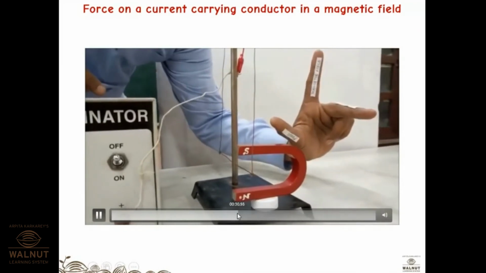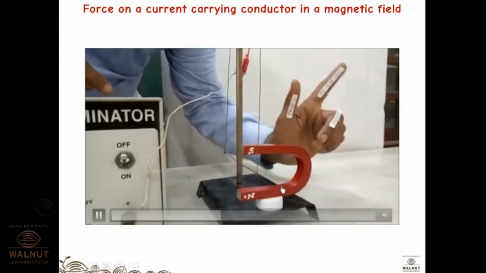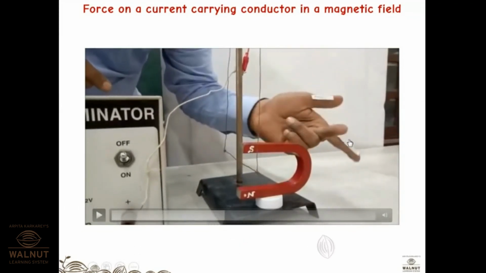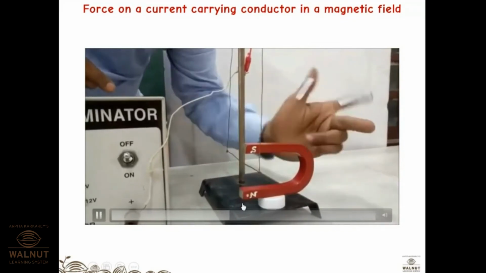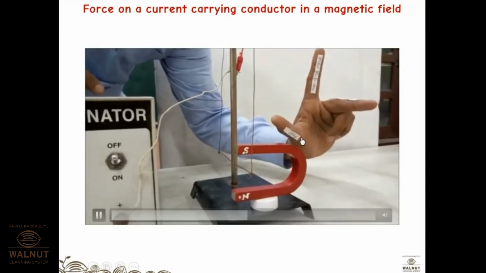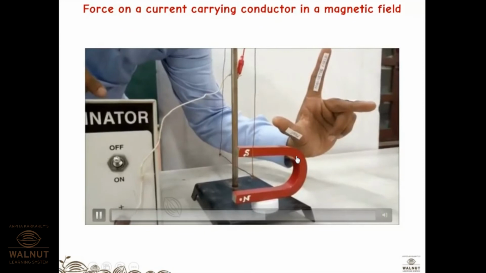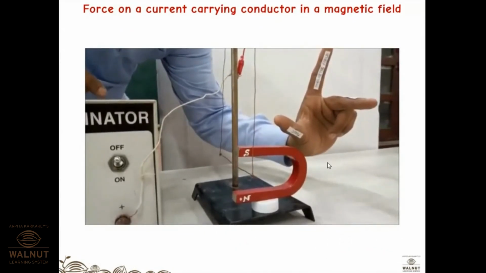So fingers are now aligned. See, we cannot use this way. Why? Because if you do it this way, your forefinger will go down. That is a wrong sign, because the direction of the magnetic field is towards upward. That is why, for force direction, the thumb is showing it. It is pointing to the left. This means when we turn the switch on, the deflection should be to the left hand side.